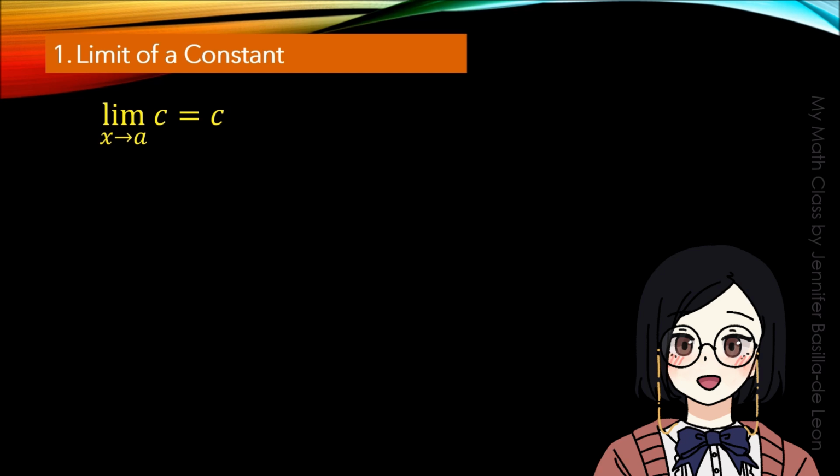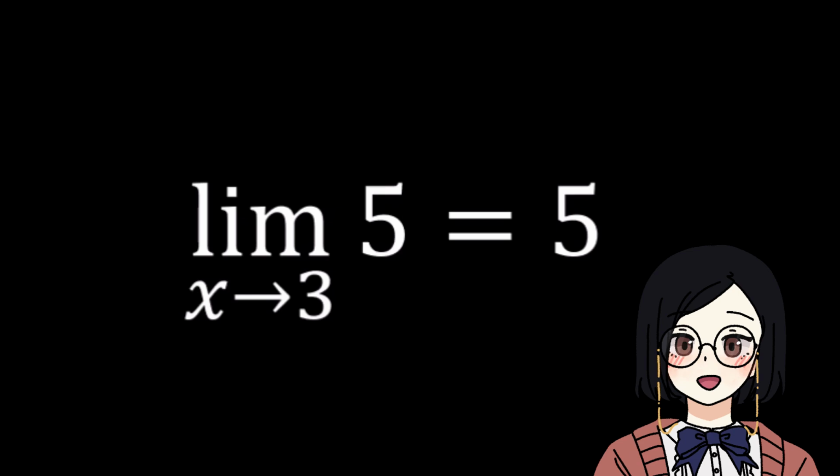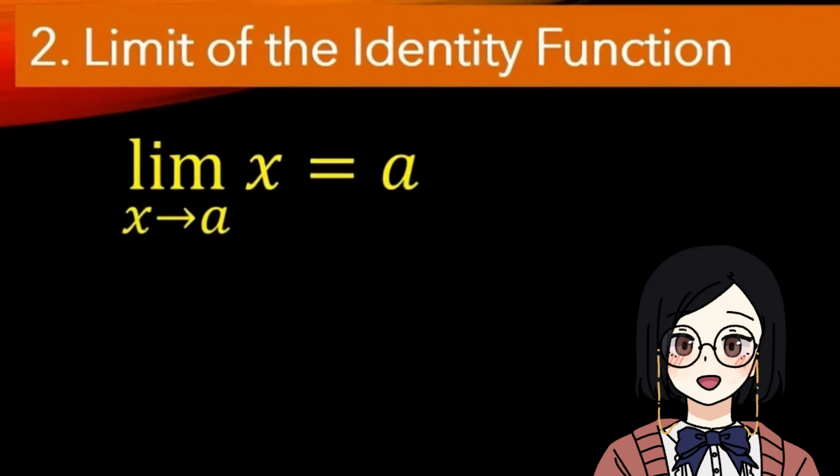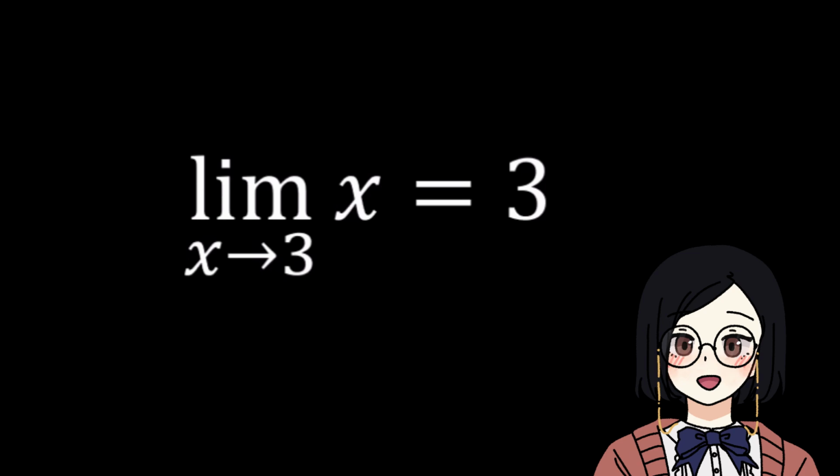Now that you know what the limit of a function is, may I give you the laws that govern operations on limits? The limit of a constant function is equal to that constant. For example, the limit of 5 as x approaches 3 is 5, whereas the limit of an identity function is equal to the value at which x approaches, like in the limit of x as x approaches 3 is